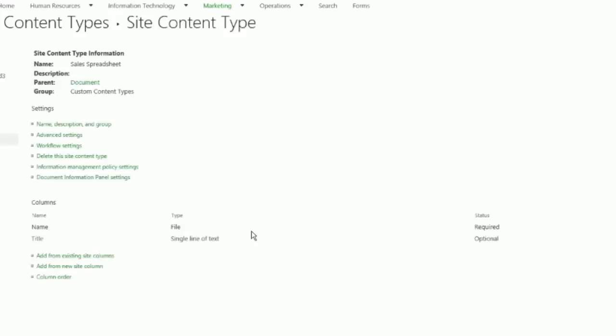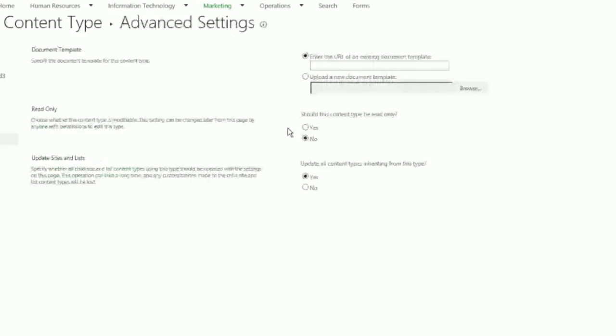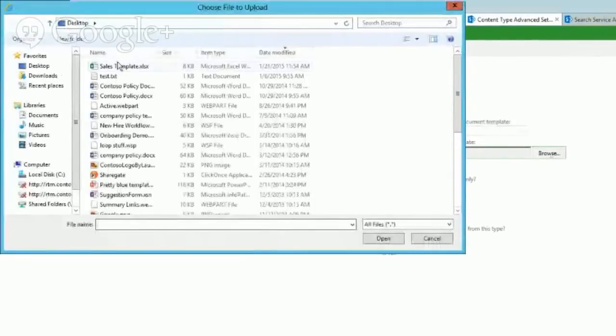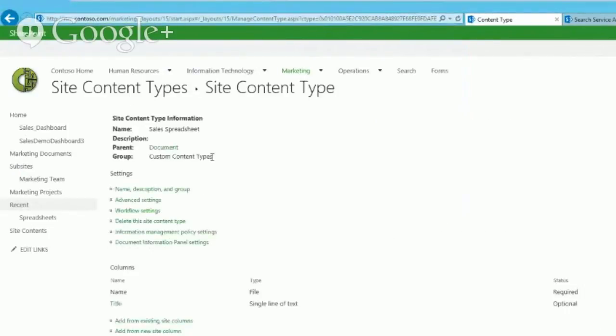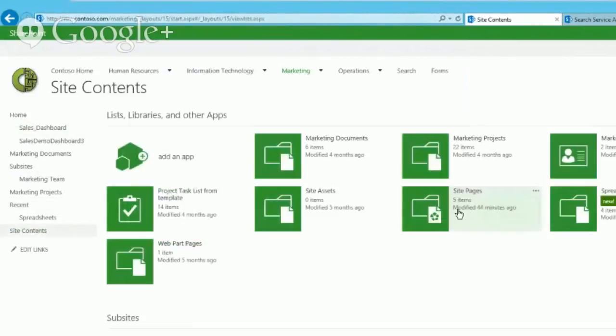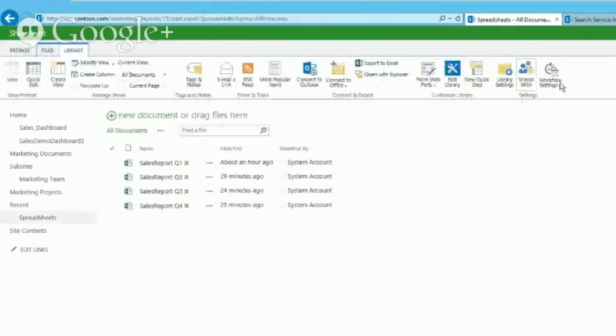So I create the content type, and then in my advanced settings, I go get that template that I had just created on my desktop, and I upload it in here. You could let it point to an existing template, just directly to the URL of it, if you wanted to. But I'm just uploading it into my content type, and then from then on, in my library, called Spreadsheets, I'm going to go to my library settings